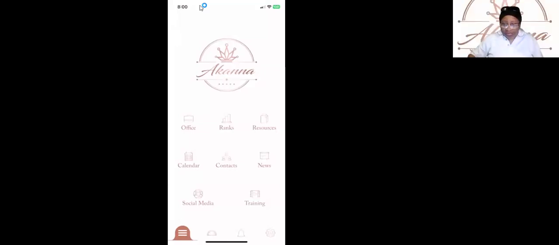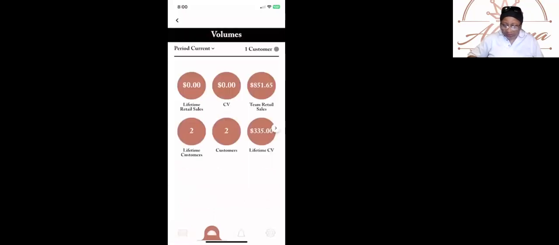All right, so now these last three things down here at the very bottom, the first one is called volumes. This is where you're actually going to see your numbers. You still need to go check some things in your back office, but this is directly giving it to you in a spotlight view, showing you numbers of your volume, your lifetime retail sales, your team retail sales, your customers lifetime.